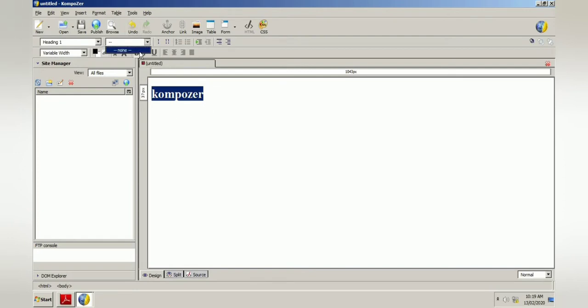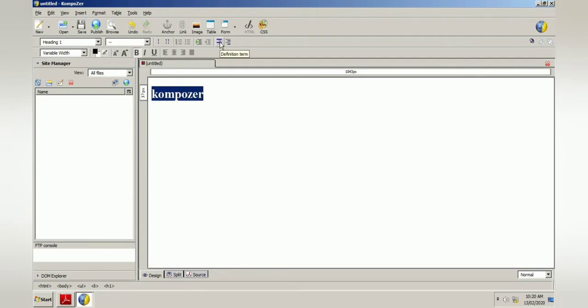Then after that the option is there, when you click on it, to apply a class to the section. If you want to apply it, you can use that one. Then there is the emphasize button, then the strong emphasize button. If you want to display the list with numbers, then it will be displayed with numbers. Here it will show the items with bullets. Then indentation: if you want to increase the indent to the right side, you can use this one. And to move it to the left side, you can use the outdent button.